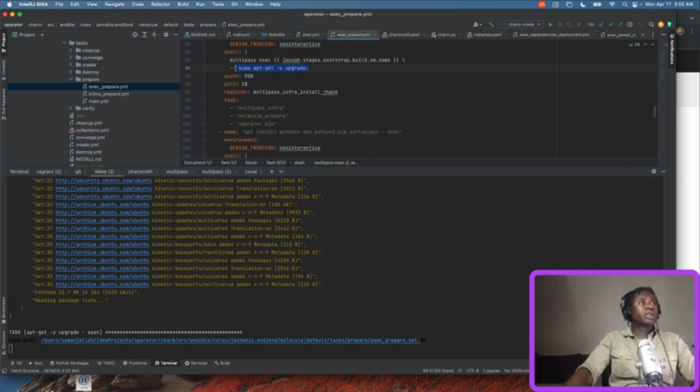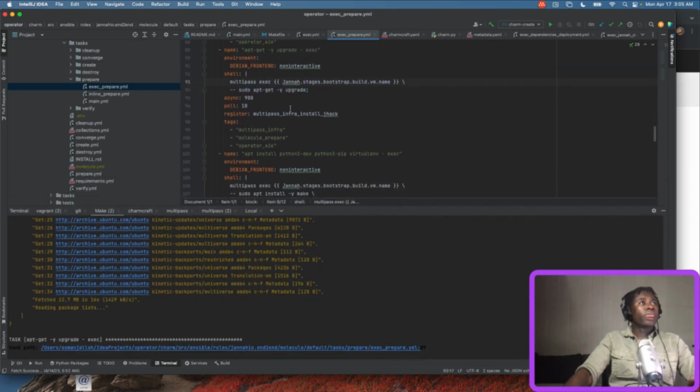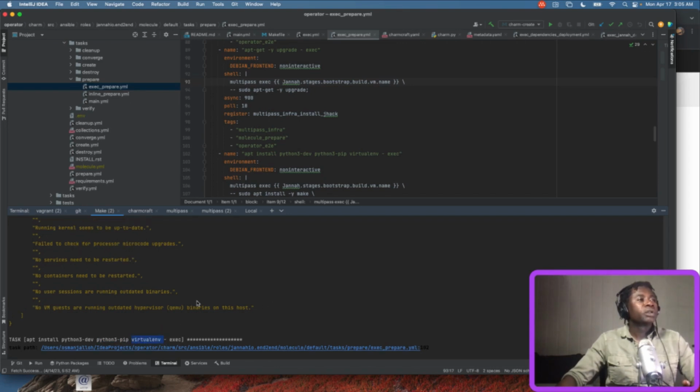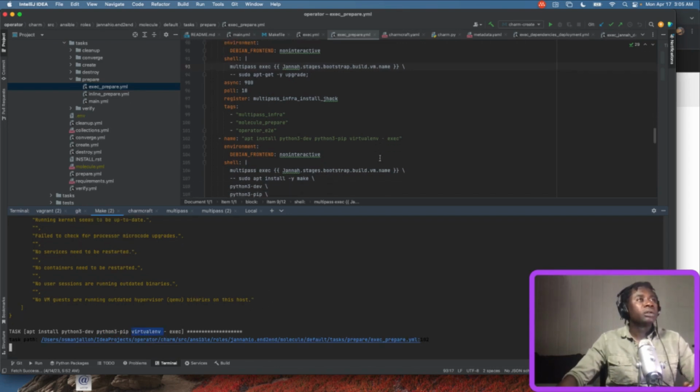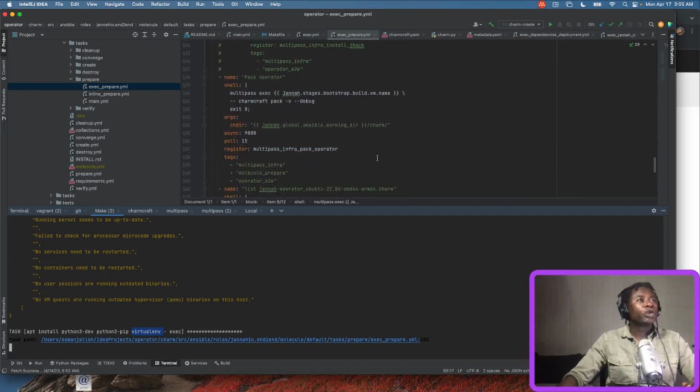So it's executing this task right now. This is an Ansible task that's getting executed right now. It's doing an APT upgrade. Okay, so that's done. Now it's doing an APT install. It's installing Python 3, development flavor. It's installing pip 3 and virtualenv. So let that get installed, and then we'll continue on to the next step in this demo,